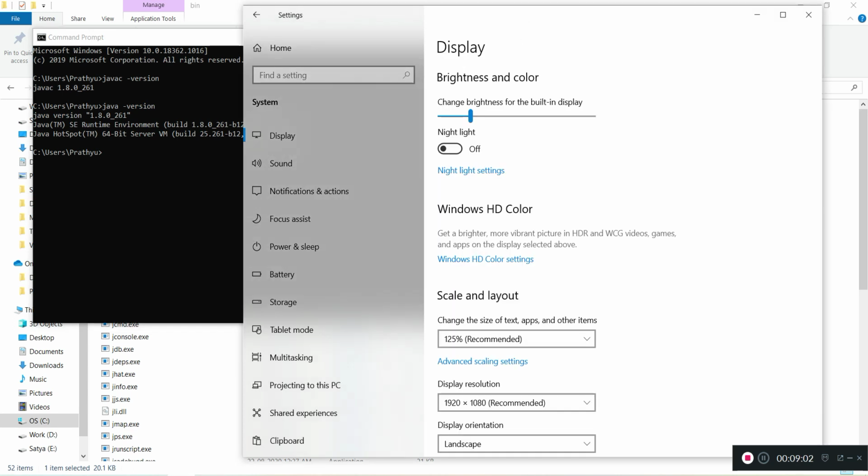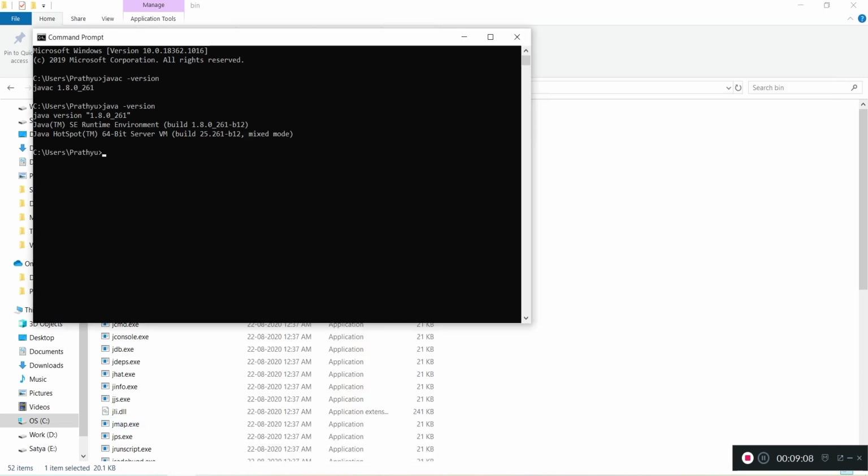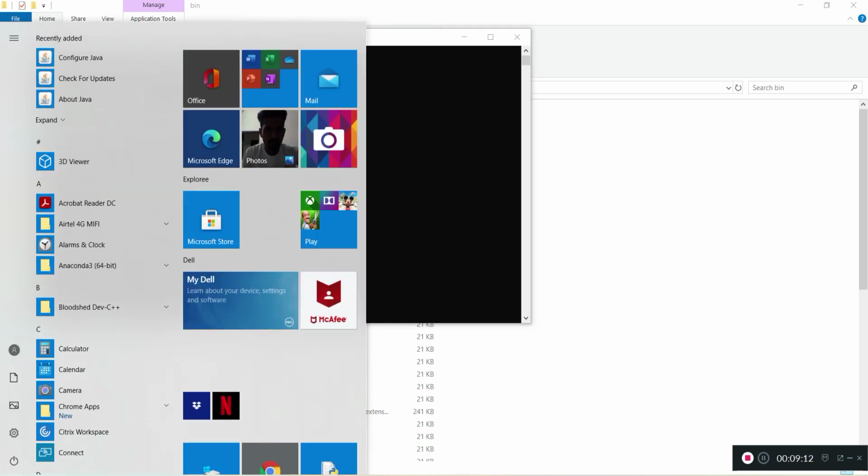We'll see how to set class path as well. Class path is also a simple thing. This is required for some of the software which use Java. For those we need a class path. Something like Tomcat or WebLogic, they use Java. So for those we need to set the class path. That is nothing but JAVA_HOME we need to set.